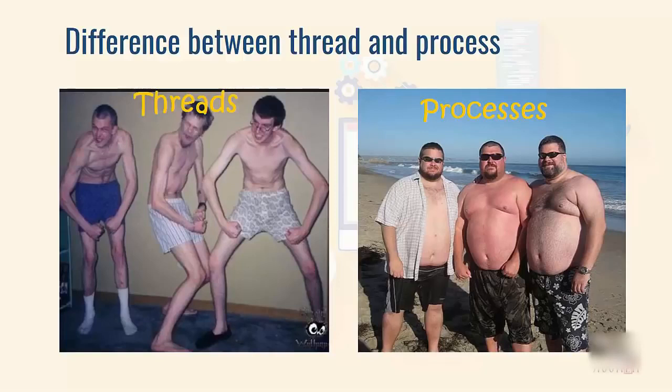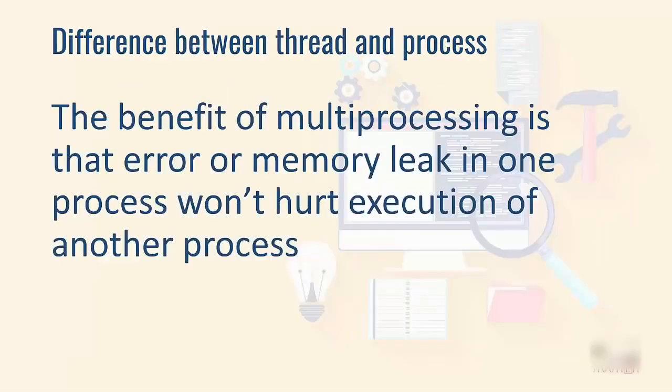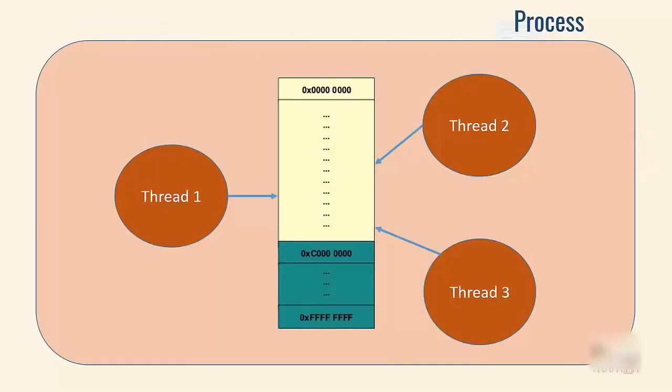Now if threads are lightweight, why do you even care to create a new process? Well, first of all, these processes are different programs written by different companies, so they have to run as separate processes. Another thing is, if you have any error or memory leak in one process, it will not impact another process, versus if you have that problem in one thread, then since it is running under the same process, as you see in the diagram, a memory leak in this thread can potentially impact the entire process, and it can have